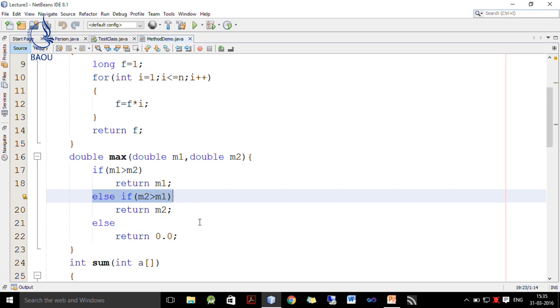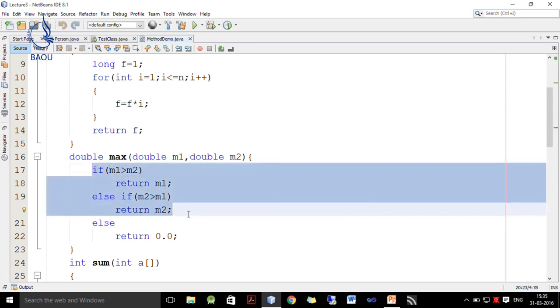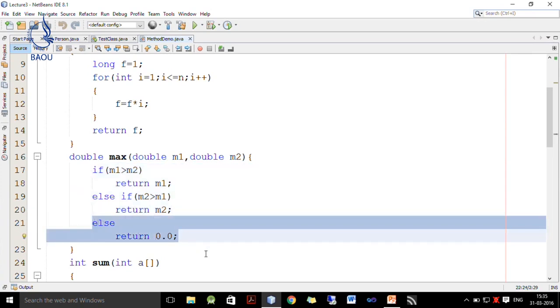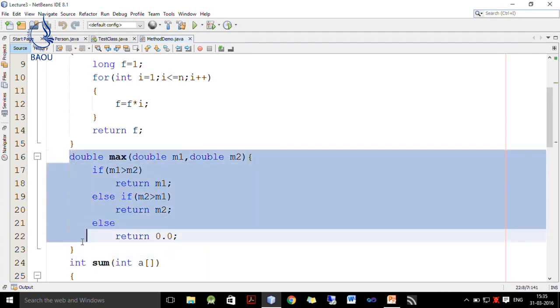So, I write else if m2 is greater than m1, it means m2 is maximum. So, I have to return m2, and if both the conditions fail, it means both are equal. So, I return 0. Whenever I get 0, it means both numbers are equal and none of them is maximum. So, this is how this double works.